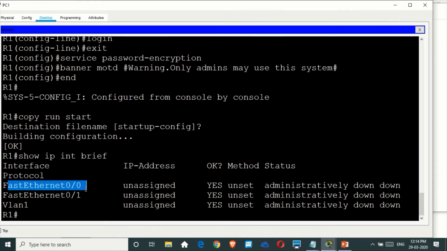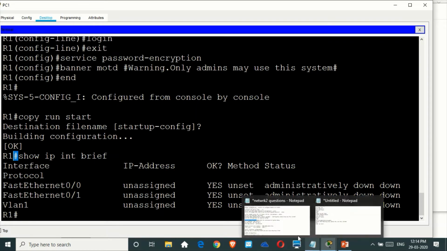So if FastEthernet 0/0, FastEthernet 0/1, the IP address is unassigned. Here also the IP address is unassigned. So I just type the command. What is the command? The command is show ip interface brief. You have to run this command in the enable mode or the privilege exec mode. So we are sure that the FastEthernet interface is available.